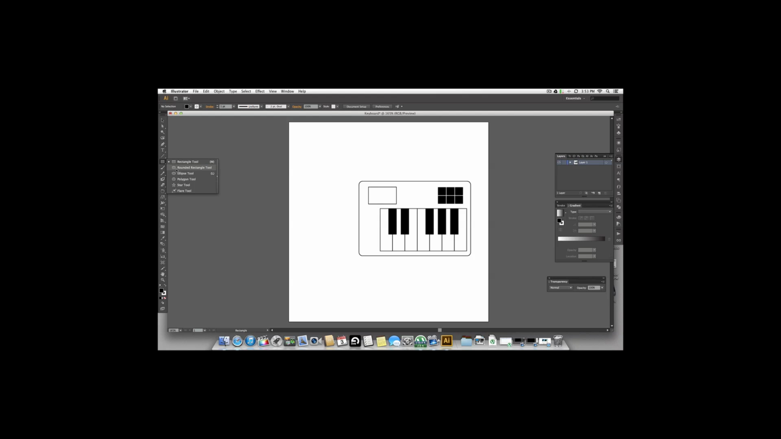Just go with the rounded rectangle tool and make an elongated rectangle. This will look more like a scroll wheel, and place it right there. Hold down the option key, make another copy with the centers aligned, and I think that should be it. We have the basic structure of our